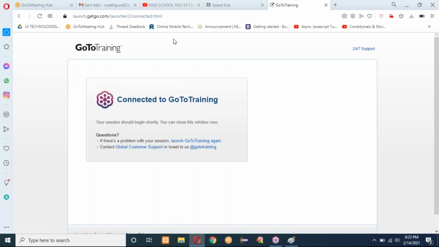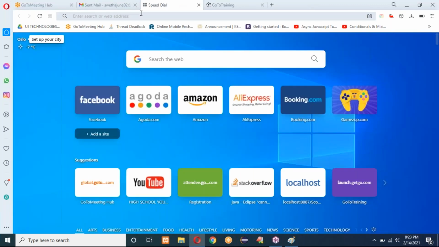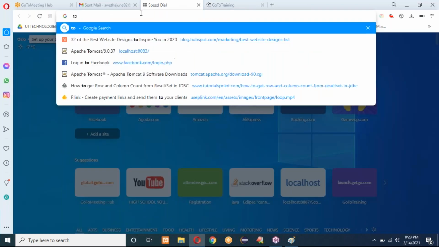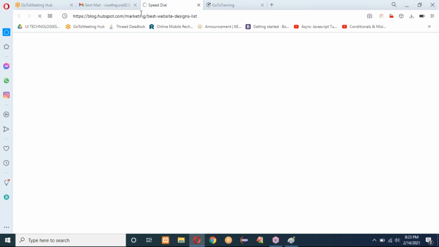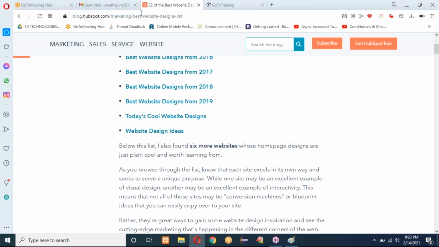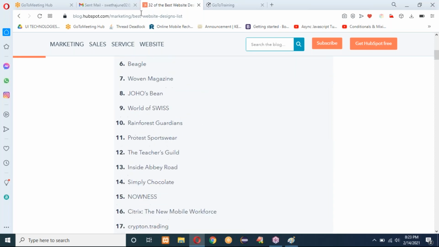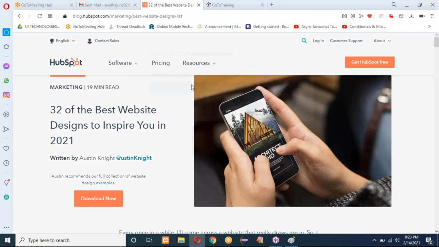If you check here, GoToMeeting or GoToTraining or anything, here I can see my list of trainings. If I check the GoToTraining link or any other of the best websites, I just want to show you that list of websites here. See here, they give you the list of websites like this. Some data is coming and displaying in the body part of the page.